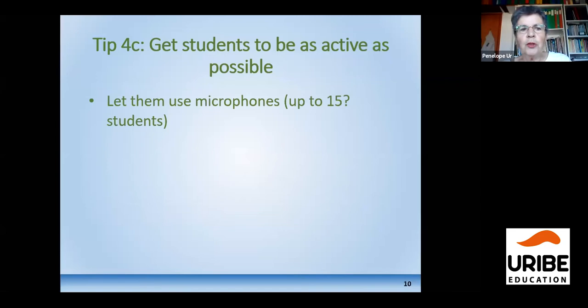So what I tell them is, if I've got a class of, say, up to 15, which is a very small class, of course, then turn on your microphones, have them on the whole time, and don't worry about coming in and speaking. In a session like this one with hundreds and hundreds of participants, it's just not feasible. But if you've got a small class, it is, and it doesn't matter that much if they interrupt each other, interrupt you. I'll talk about that a little bit later.